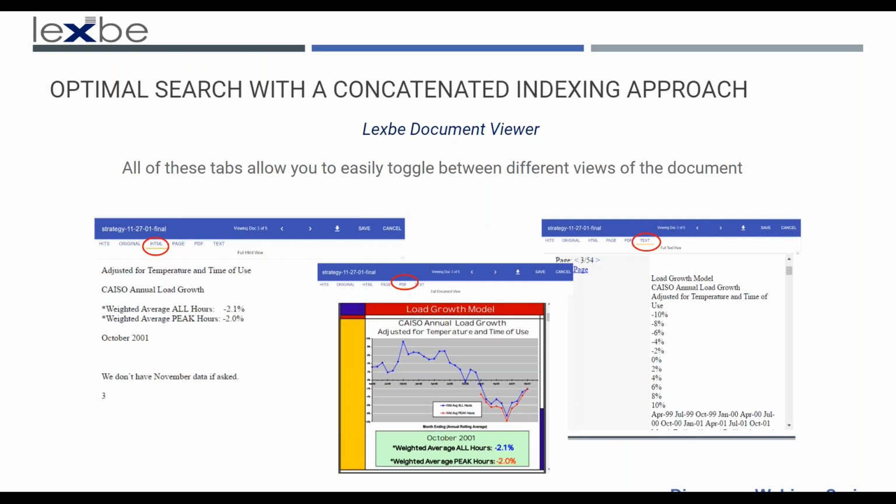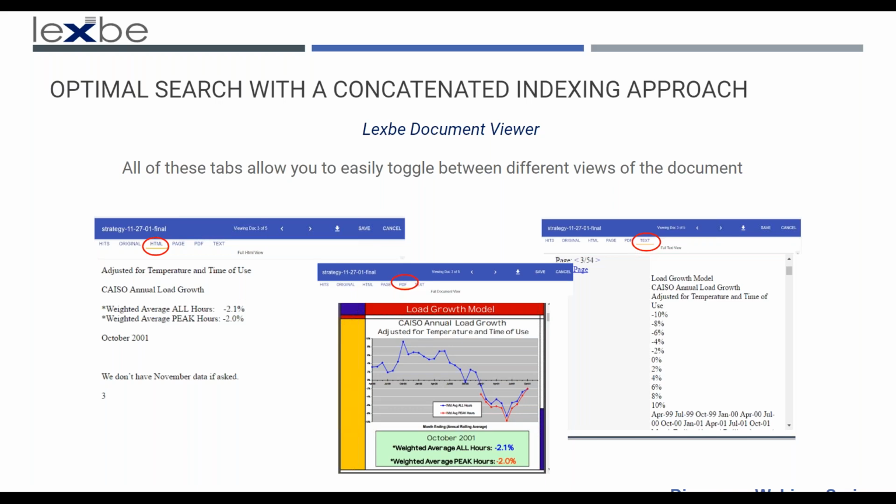We have multiple tabs in our document viewer, so this allows you to go between different views of the document. On the far right, you have the HTML text extracted. That is the text that is extracted from the native version of that document. So you'll see here, these are the words that were typed into this slide itself. On the far left side, you have the HTML text that is extracted from the document in the middle. So that's the text that's extracted from the native.